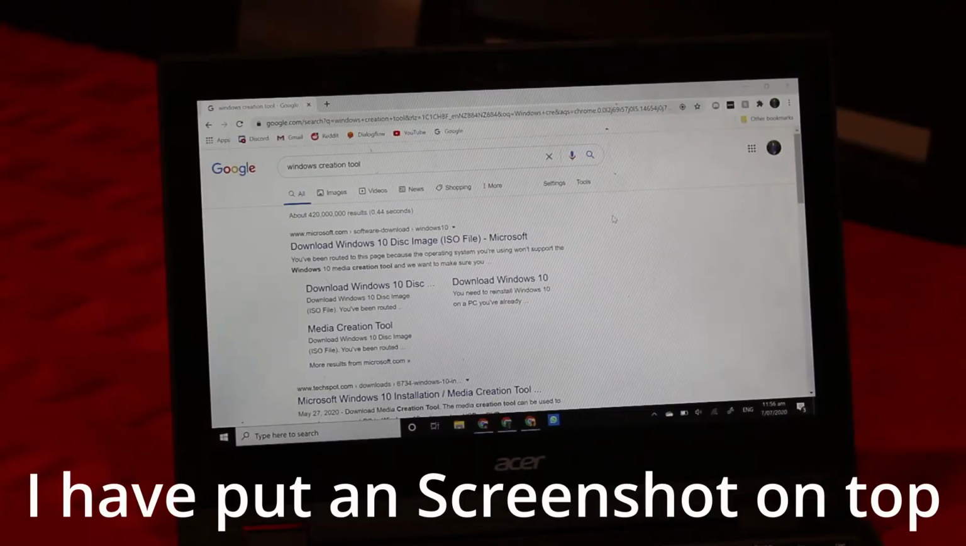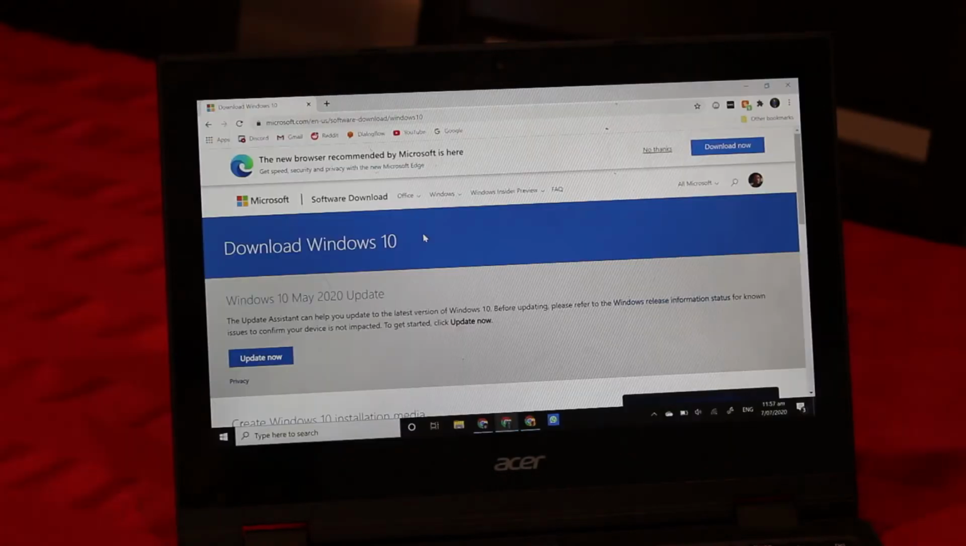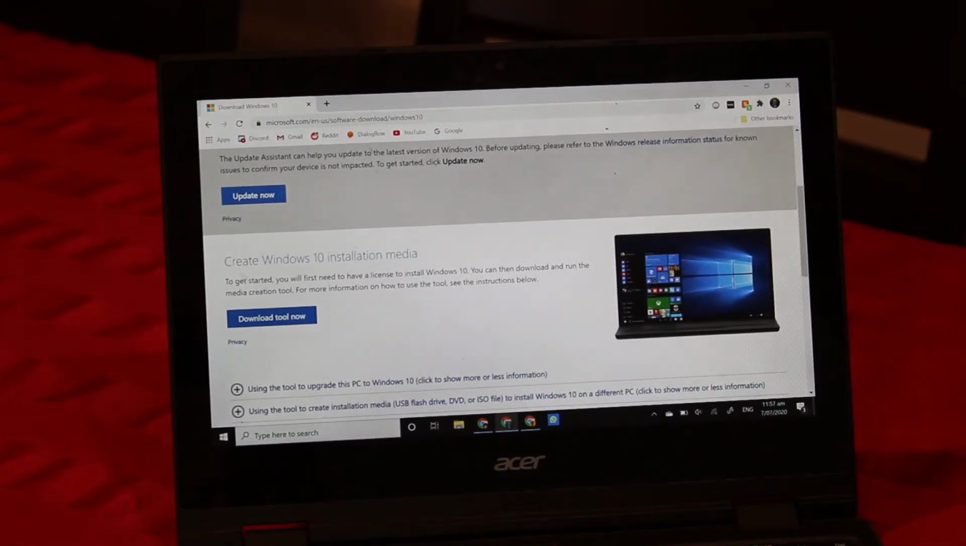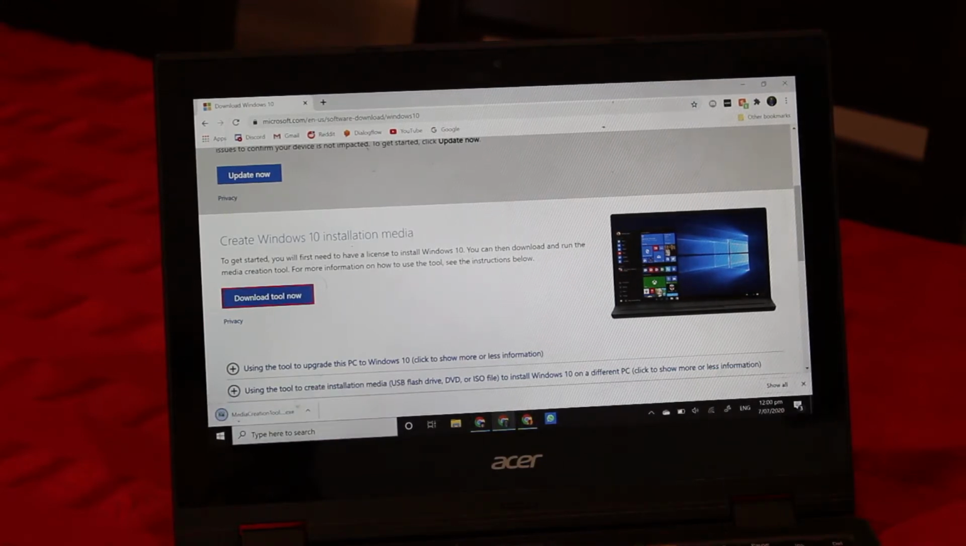Okay, first off, what you're going to want to do is jump on Google or any web browser and search up Windows Creation Tool. So I've already done that, and then you're going to click on the first thing that pops up. Then once you're on this screen, go down to create Windows 10 installation media. So let's hit download tool now, then let's hit open,